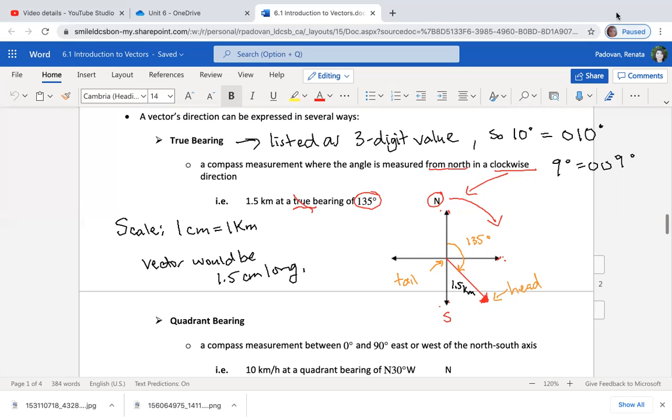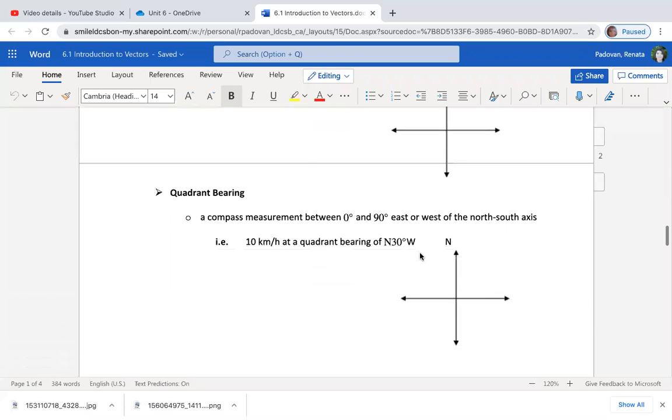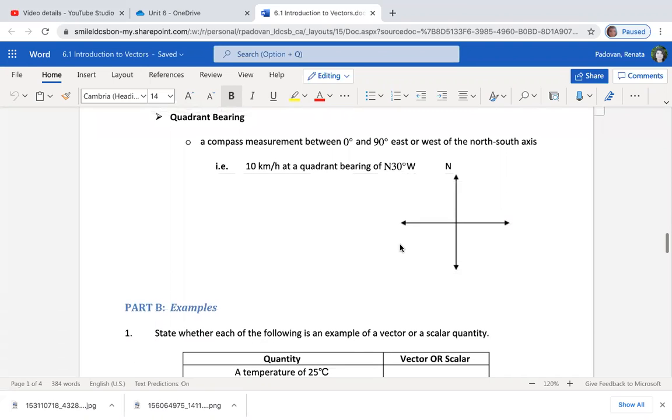In comparison to quadrant bearing, I don't have to do that. If it was something that was 30 degrees, I can list it as 30 degrees. If it was something that was 9 degrees, I can list it as 9 degrees. So it can be 1, 2, or 3 digit numbers, okay? So quadrant bearing is a compass measurement also, but it has to be between 0 and 90 degrees